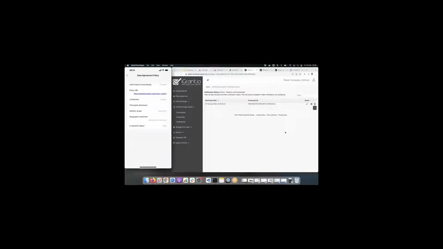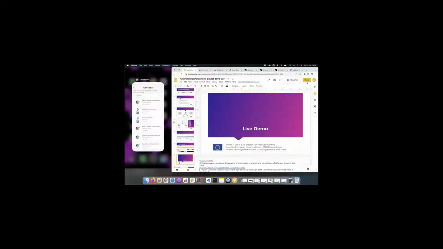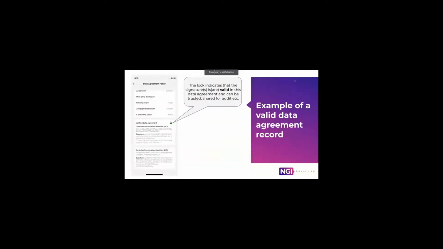And in our coming version, we also have the signature verification mechanism implemented, which provides proof that I can also show you on my screen in a second. So this is an example of how the data agreement policy is also shown with the verification or signature of both the signing parties.